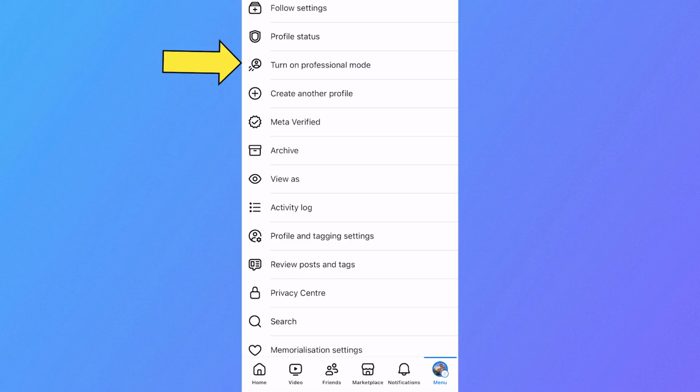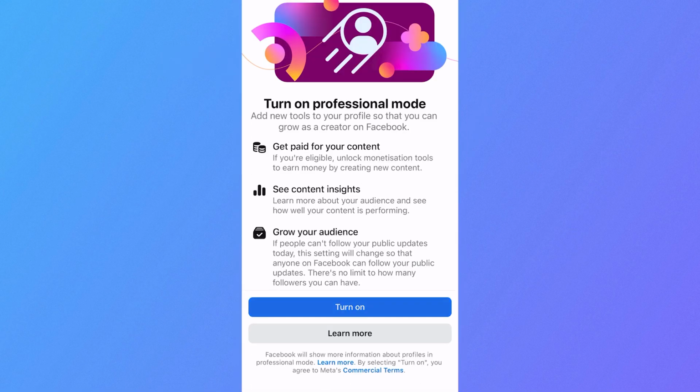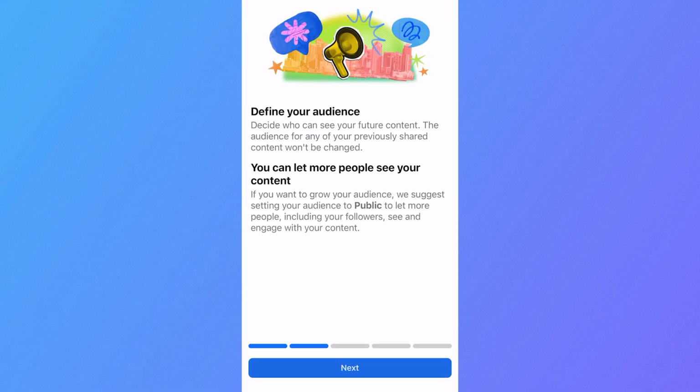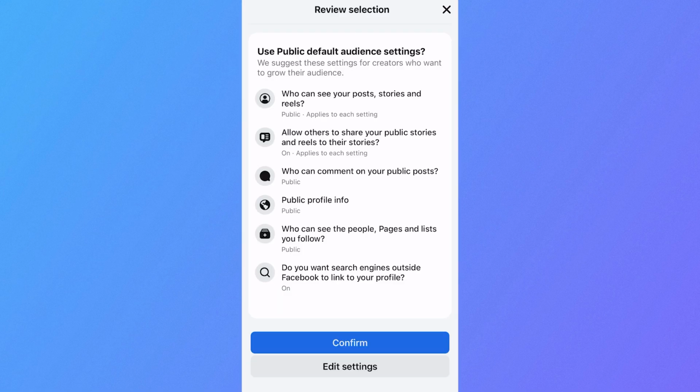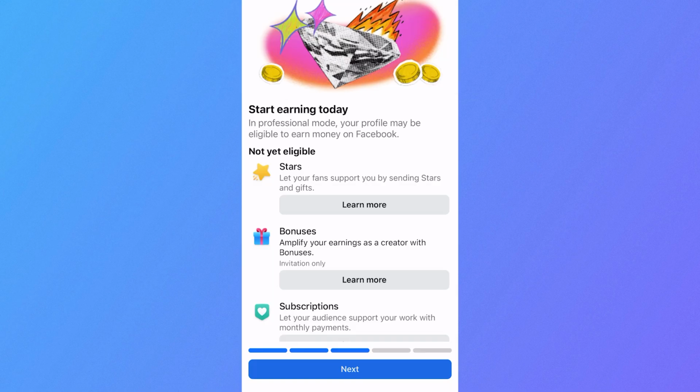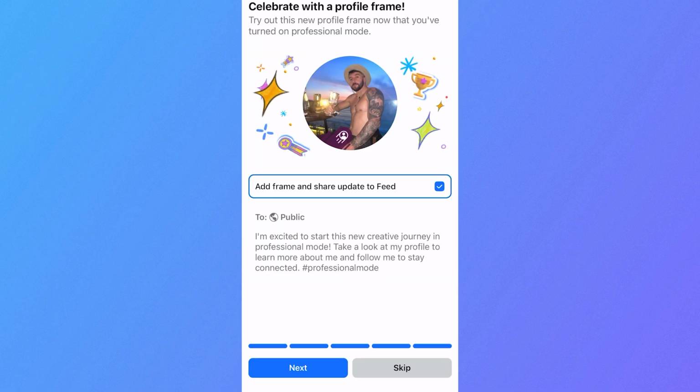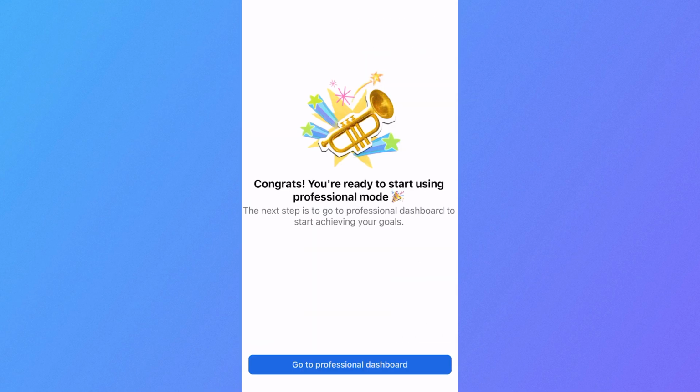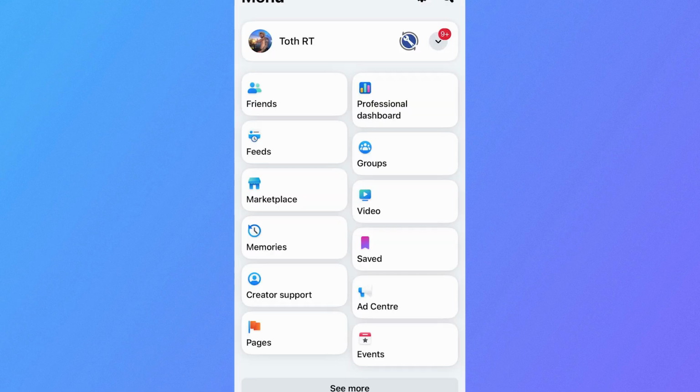Now select turn on professional mode, select turn on, click on next, select next again, click on next, and finally press confirm. Then we can press next again, click on next, and select skip. Now select go to professional dashboard, and once you've turned on professional mode, then head back over to your Facebook